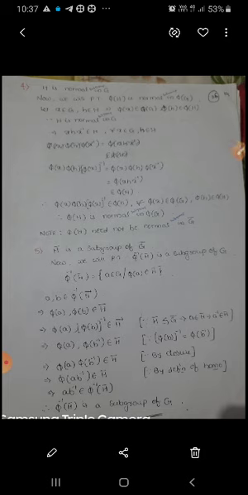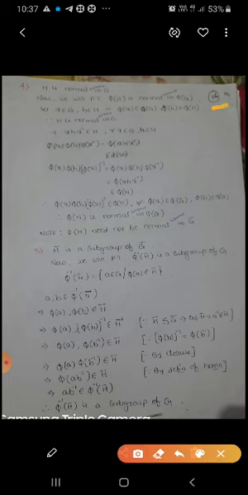Next, the fourth one. We will prove that phi of H is normal in phi of G. So, H is normal in G. Let X belongs to G, h belongs to H, which implies phi of X belongs to phi of G, phi of h belongs to phi of H. Since H is normal in G, X h X inverse belongs to H for all X belongs to G, small h belongs to capital H. Next, phi of X, phi of h, phi of X whole inverse equals, we can write phi of X whole inverse as phi of X inverse.